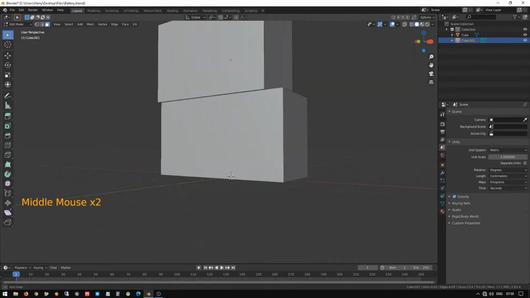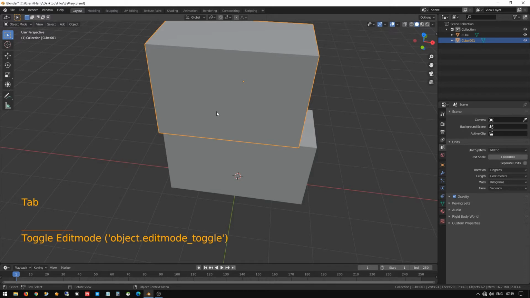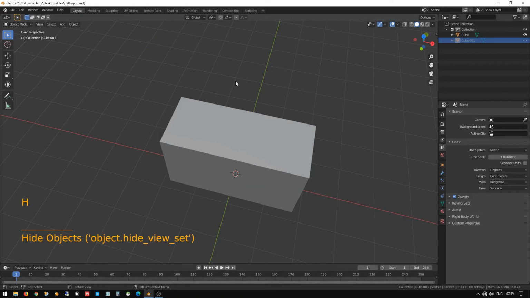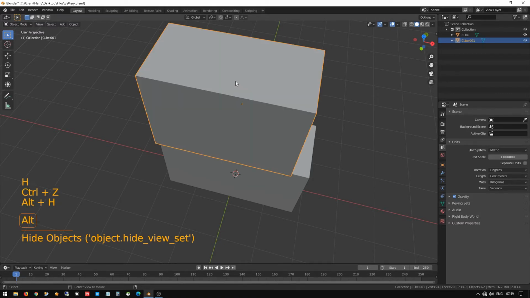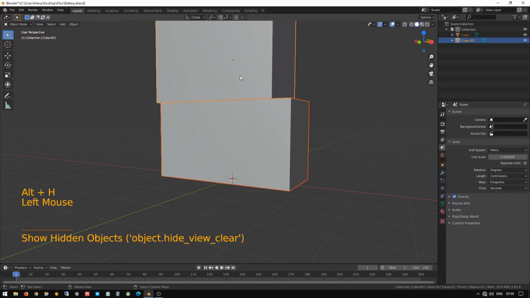Now you can see that while designing, we need to be able to view the bottom. To do that, go to object mode, select the object you need, and press Shift H to hide everything else on the screen, and Alt H to bring it back.